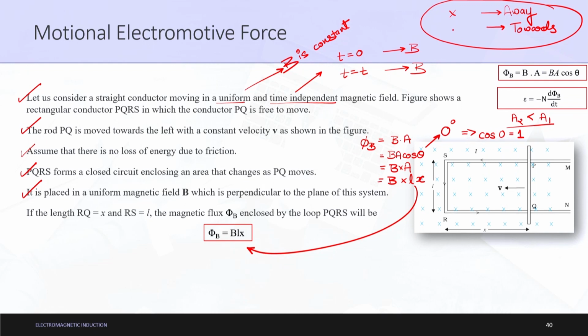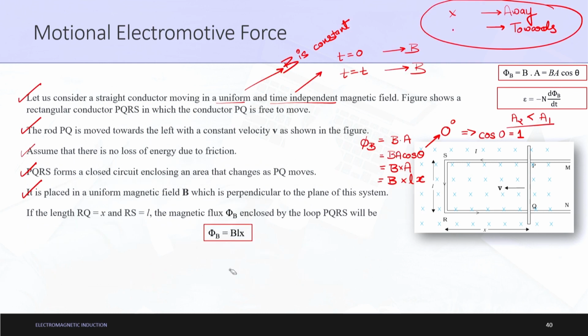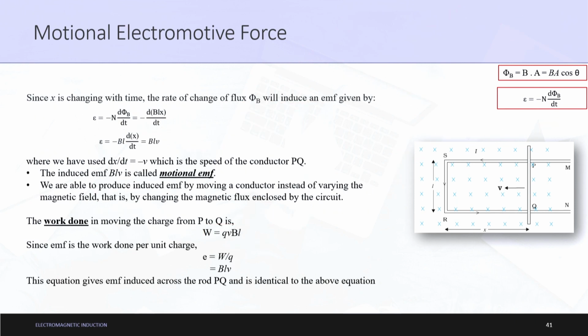So, moving on to the next slide. Just to reiterate, this is the value of phi B initial. Now, since x is changing with time, it is quite evident that as the PQ conductor is going inside, the x value will keep on decreasing. Since x is changing with time, the rate of change of flux phi B will induce an EMF given by,